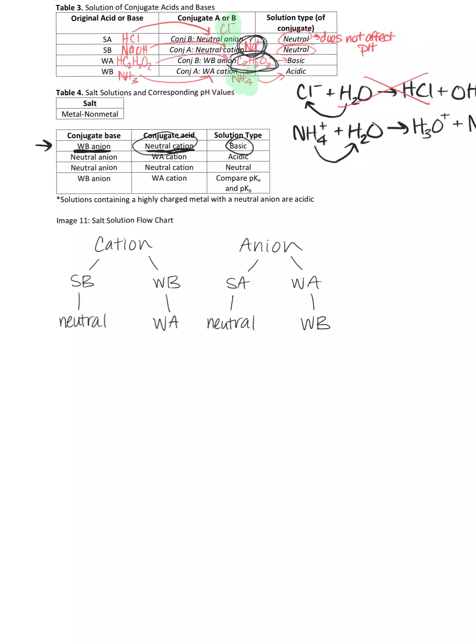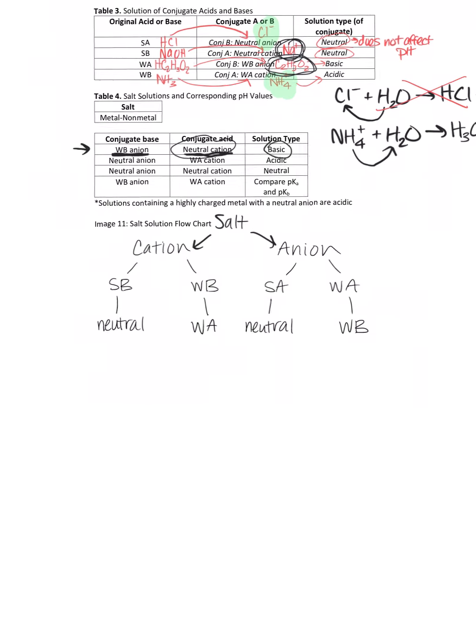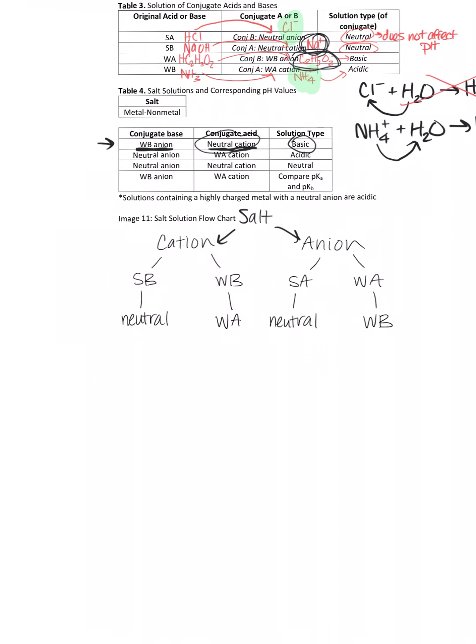Let's use some examples to work through this, and also work through our salt solution flow chart right here. So the salt solution flow chart breaks down your salt into a cation and an anion, and then it has you ask or answer certain questions. So our salt can be broken down into a cation and an anion. You must ask yourself first,